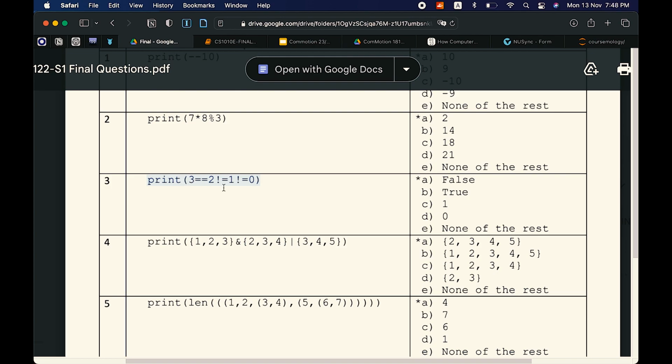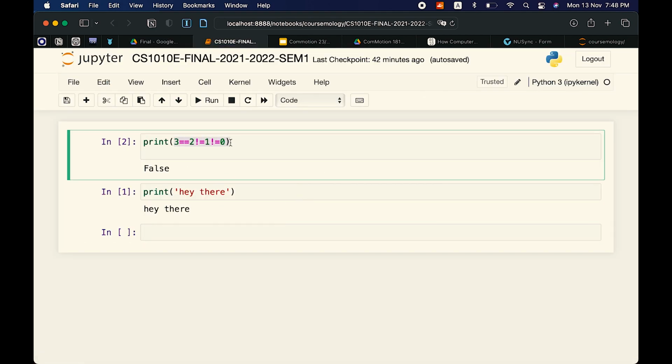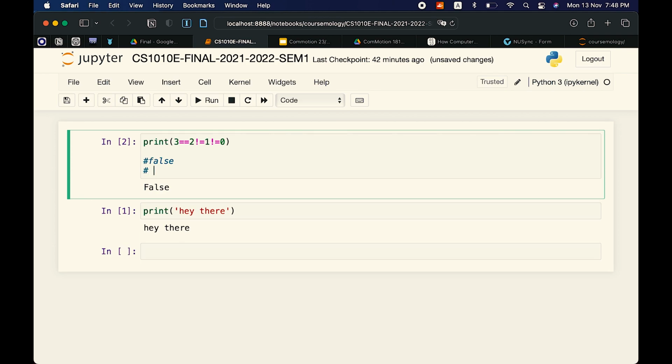Okay, so print this. The way this works is it's like an AND statement. You read 3 equals 2. 3 equals 2 is not true, that's false. Then 2 not equals 1 is true. 1 not equals 0, that is true.